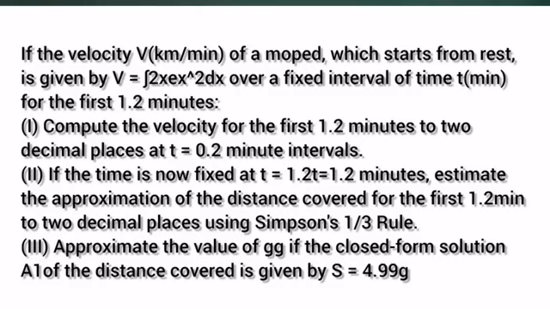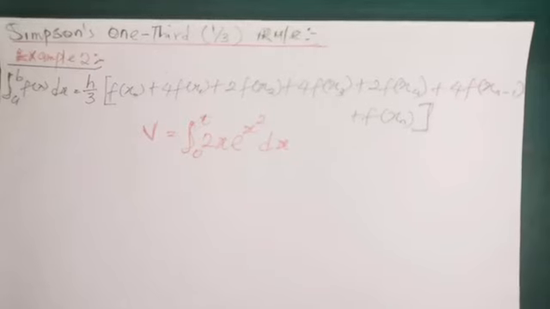If the time is now fixed at t equals 1.2 minutes, estimate the approximation of the distance covered for the first 1.2 minutes to two decimal places using Simpson's one-third rule. Approximate the value of g if the closed form solution of the distance covered is given by x equals 4.99 g. All right, so we are given